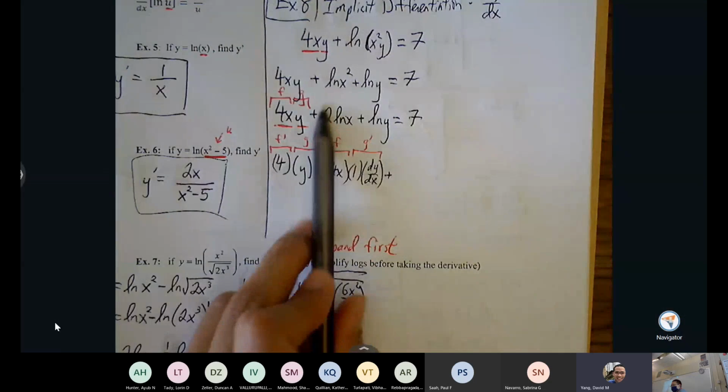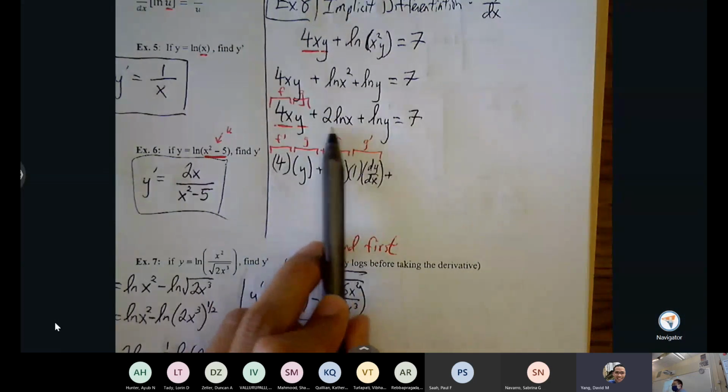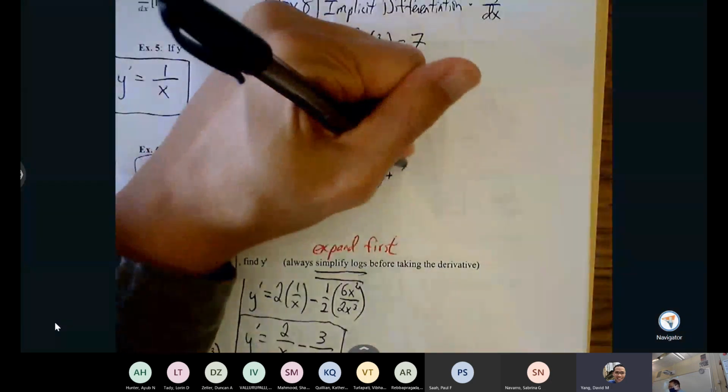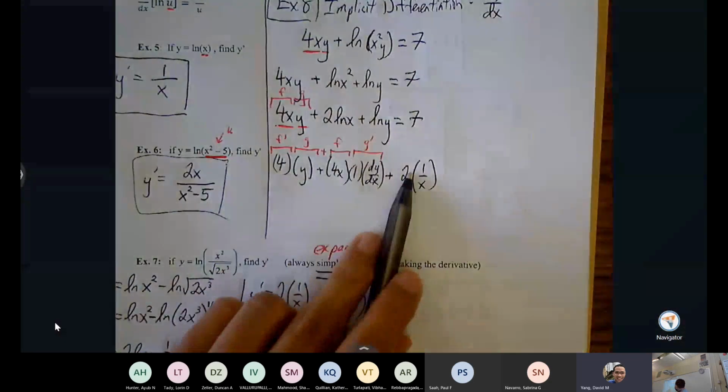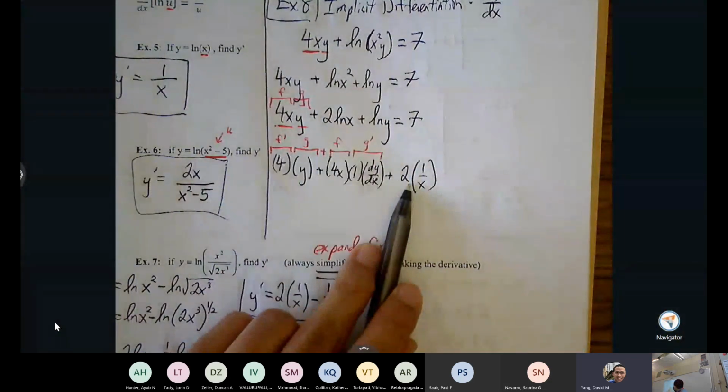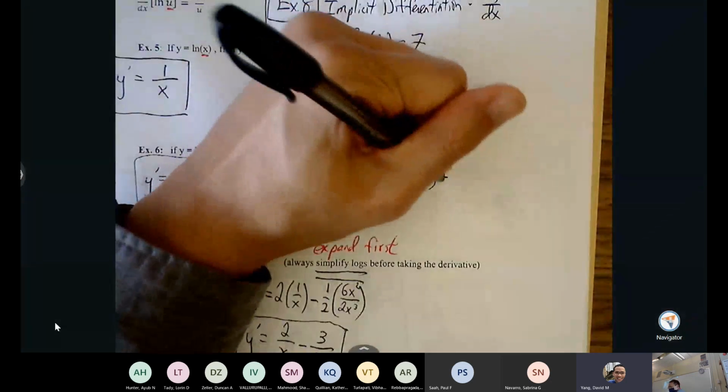Okay, let's continue. 2 natural log of x. What's the derivative of 2 natural log of x? 2 over x. Good. So I have 2 minus my coefficient. I have the 1 over x that represents the natural log of x. Plus